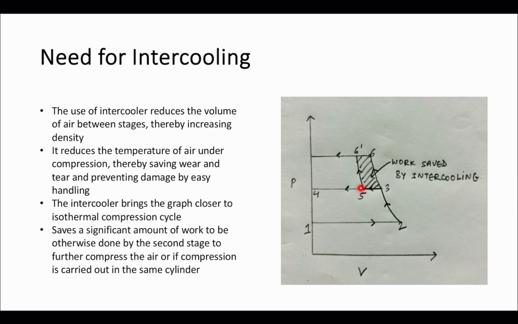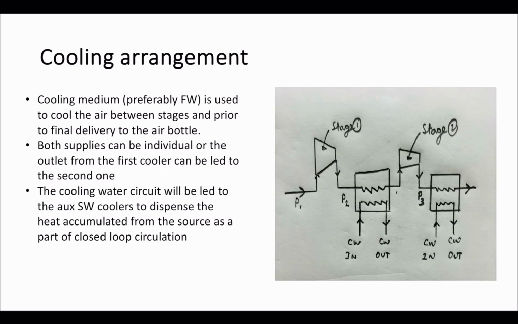So this is the typical cooling arrangement that is being used. Most of the ships use a freshwater system, because the freshwater system will not give any problem regarding scale formation or anything, and it gives a higher cooler life. So when the air is compressed from the value P1 to P2 within the first stage of the compression system, after that this air is passed through the intercooler, and over here the cooling water inlet and outlet is shown. This cooling water picks up the heat, and this amount of heat is removed from the air,